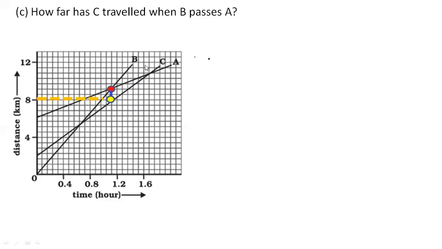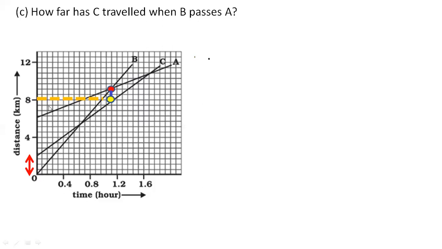But you have to understand that C didn't start from the initial point. When you are comparing C's line, you can see that some distance was traveled initially. So we cannot take 8 directly. We have to subtract this distance. Why? Because even at the 0th second, it had already covered some distance. So we need to subtract it from 8. But why are we subtracting this? Because this was the initial distance covered. Otherwise, we are not getting the correct reading. Initially, it had covered some distance, so it has not actually covered 8 kilometers.